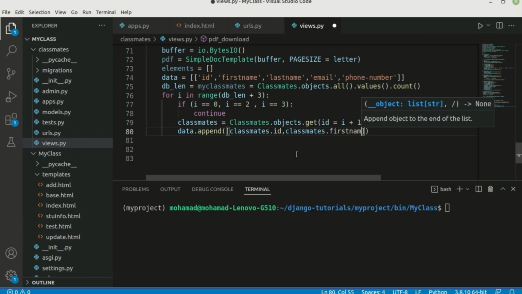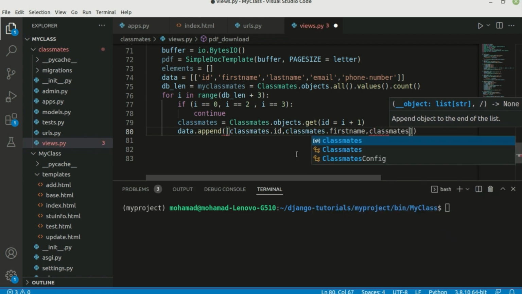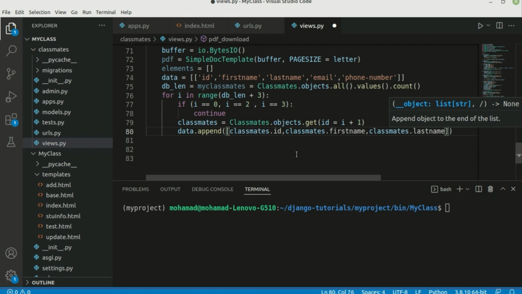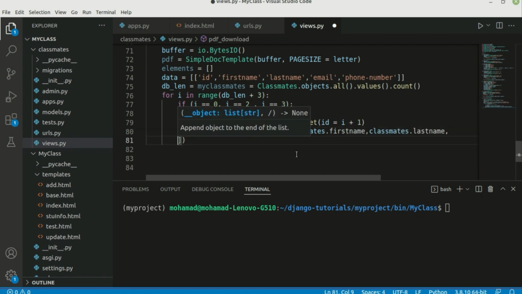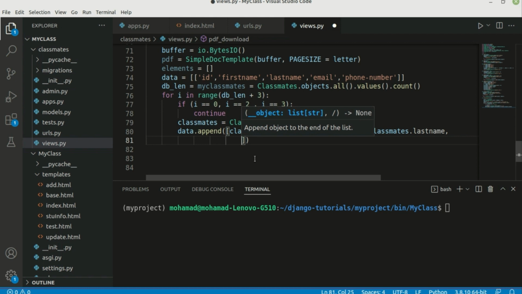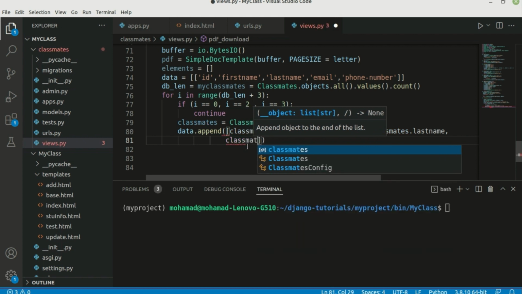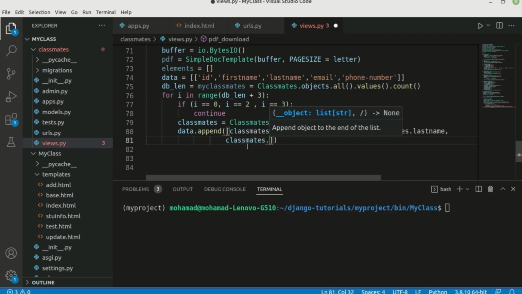First name. Second one is classmates dot last name, and so next one is, so let me go just with this space. Okay, and now also we have classmates dot email, which is the third one, the fourth one, and finally we have